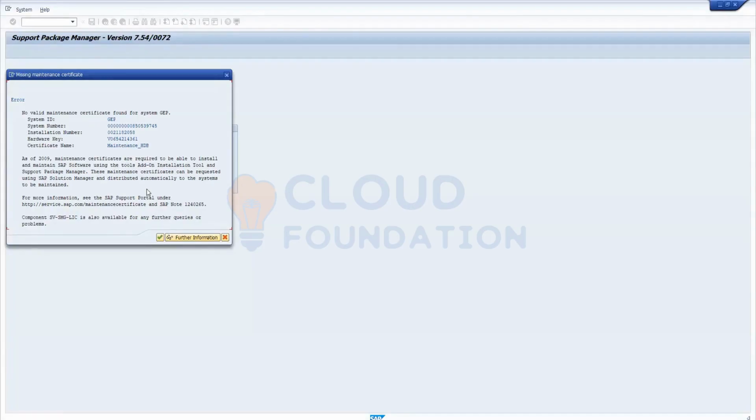In the same way here, you cannot update your SAP system unless you have the maintenance certificate. Certificates are not applied, that's why you will not be able to update your SAP system. I will add this to our vendor. You can note down these things.